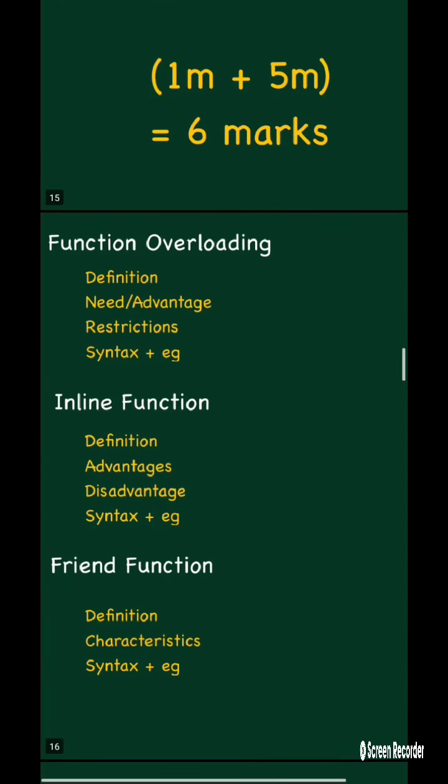In inline function also you have to learn the definition. What is an inline function, and what are the advantages and its characteristics? That means the features of inline functions, how we can write the inline function, and what characteristics are to be satisfied. Those are all important. Then the advantage of using inline function, the disadvantage, along with syntax and example. For this example you can write your lab program itself, to find the cube of a number using an inline function, so that you can include that practical program in this theory also. Inline function is very important.